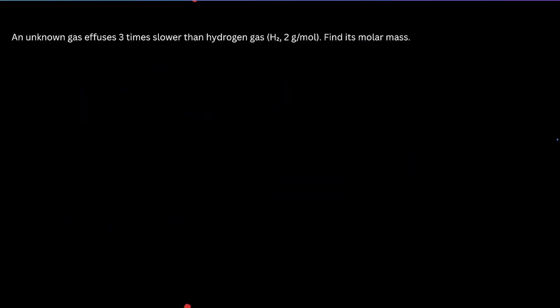All right, looking at this problem, we're told that an unknown gas effuses 3 times slower than hydrogen gas. Find its molar mass. And we're given here the molar mass of hydrogen gas. Okay, so let's just start by writing out our formula, right? Let's start out by writing out our Graham's law formula in this specific context. So let's say that the rate of our unknown gas, let's just call it x, the rate of x divided by the rate of hydrogen gas, H2,